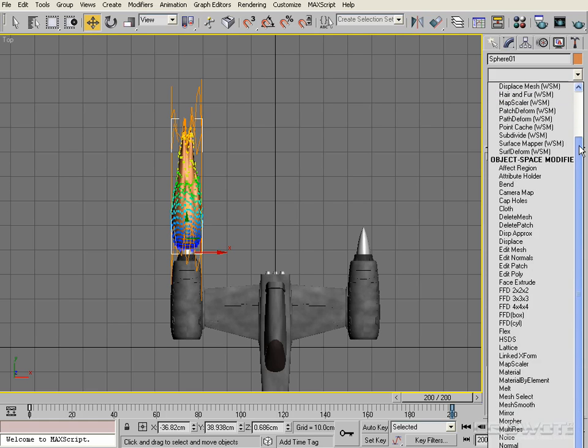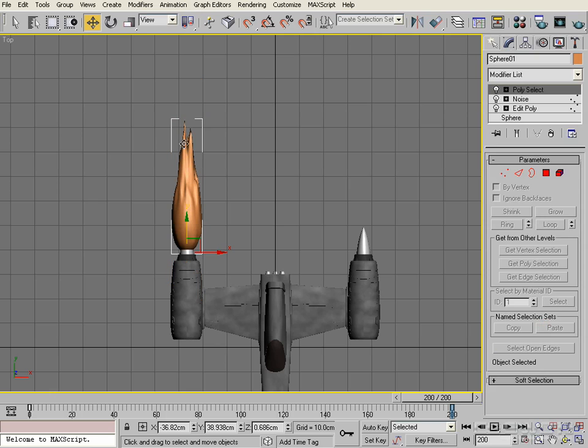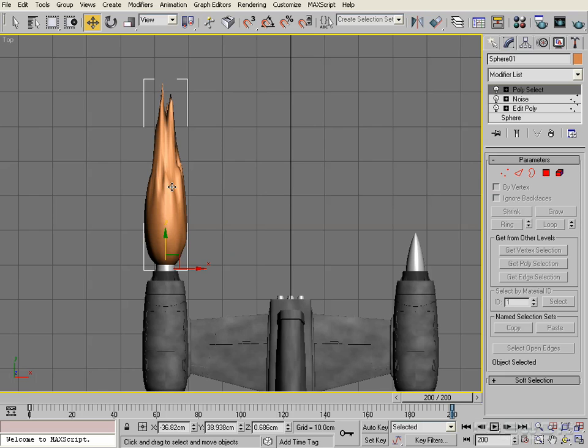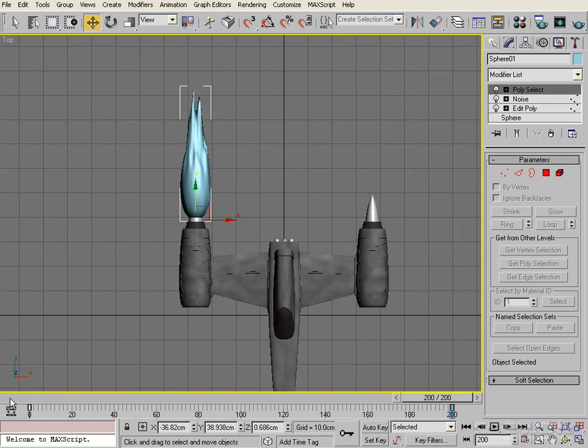just adding a modifier of a poly select. And that's just going to deselect those soft selected polys with the noise, just so that we can see what we're doing here. I'm just going to change the swatch color to closer represent what we're looking for. And so we've got that animation, and if I just sort of scrub between 1 and 24, which is 1